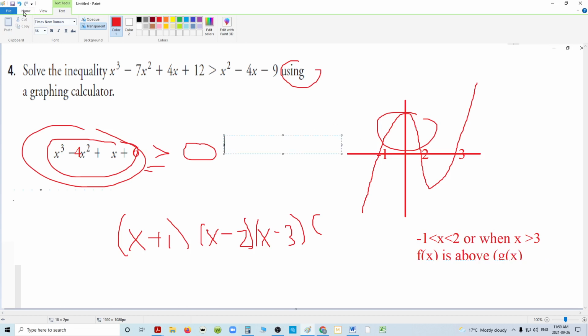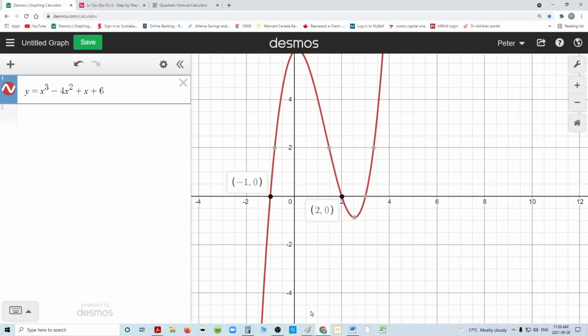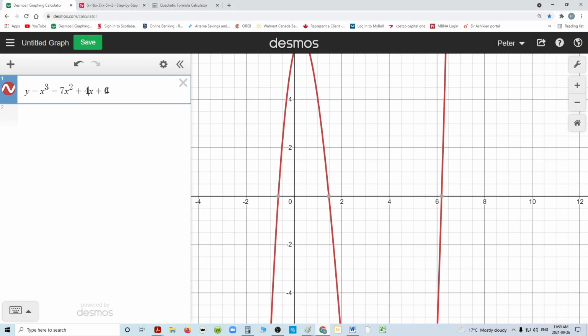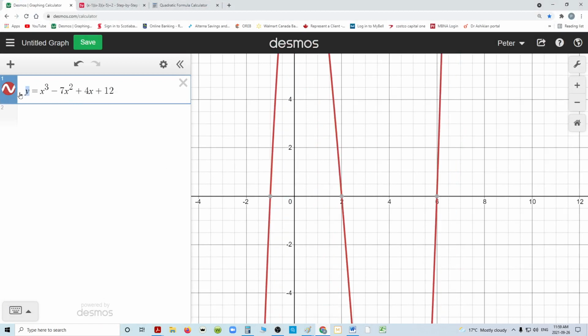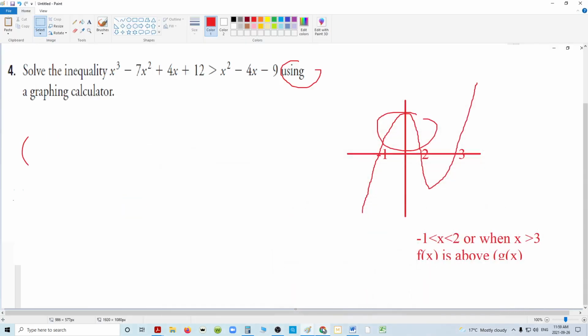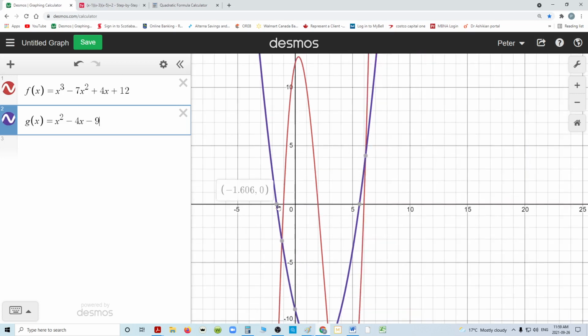And you might say, no, you didn't do that at all. All you did was solve for this cubic here, which has nothing to do with the other cubic. No, just like when lines intercept other lines in only one spot, when we put the original graph in here, which is x cubed minus 7x squared plus 4x, and we put the second graph in there, x squared minus 4x minus 9, which is a parabola, it becomes clear that, no,